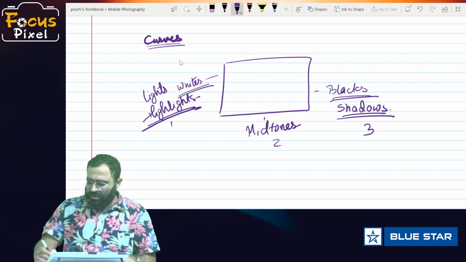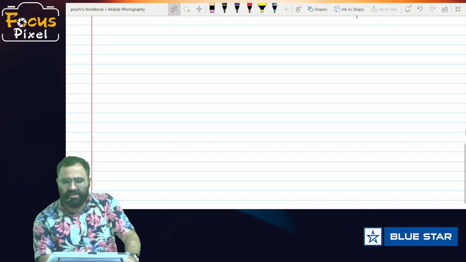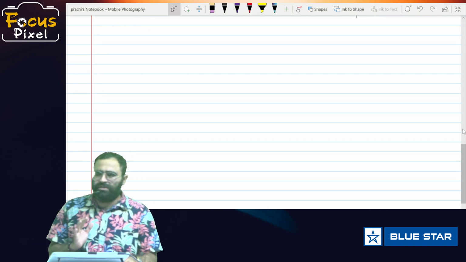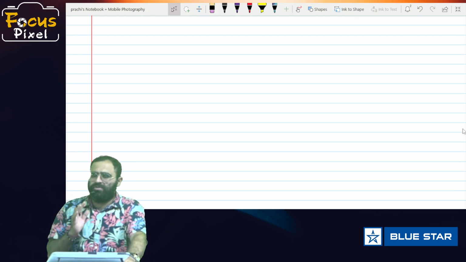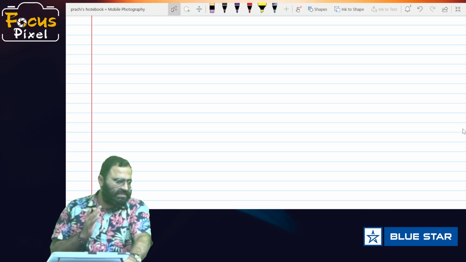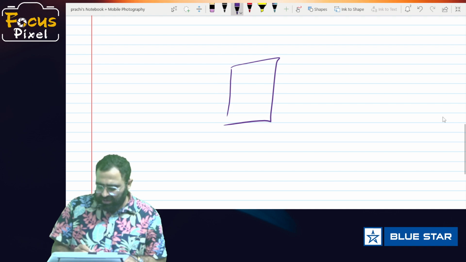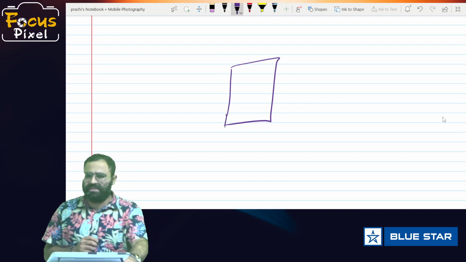Okay, so curves work in the same way. Curve is a tool in editing which we use to control shadows, lights, and midtones. While editing a curve we will see the practical aspect of this as well.